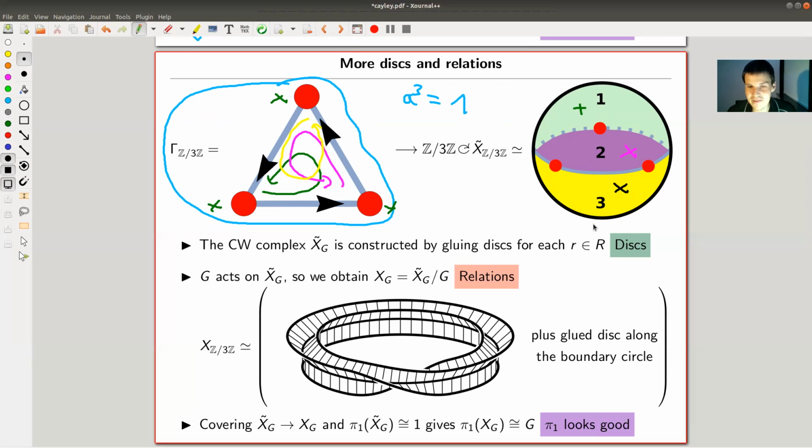Okay, and you still have, of course, a free Z mod 3 action on this, by permuting everything you see, or translating everything you see in exactly this fashion here, but also now for the disk itself. And if you take the quotient, you get a topological space which has exactly the same properties again. This thing upstairs here is a covering with trivial fundamental group, and the topological space downstairs